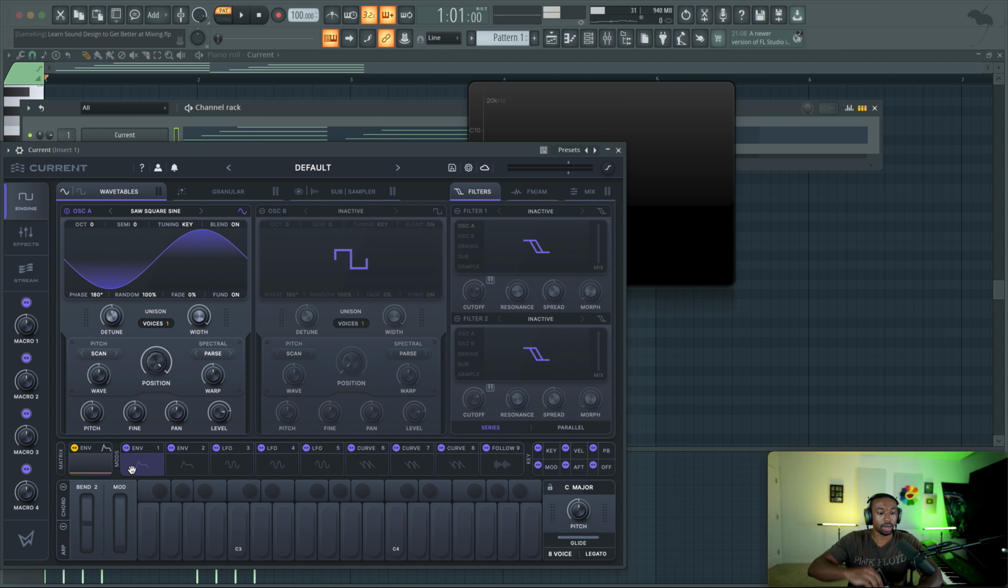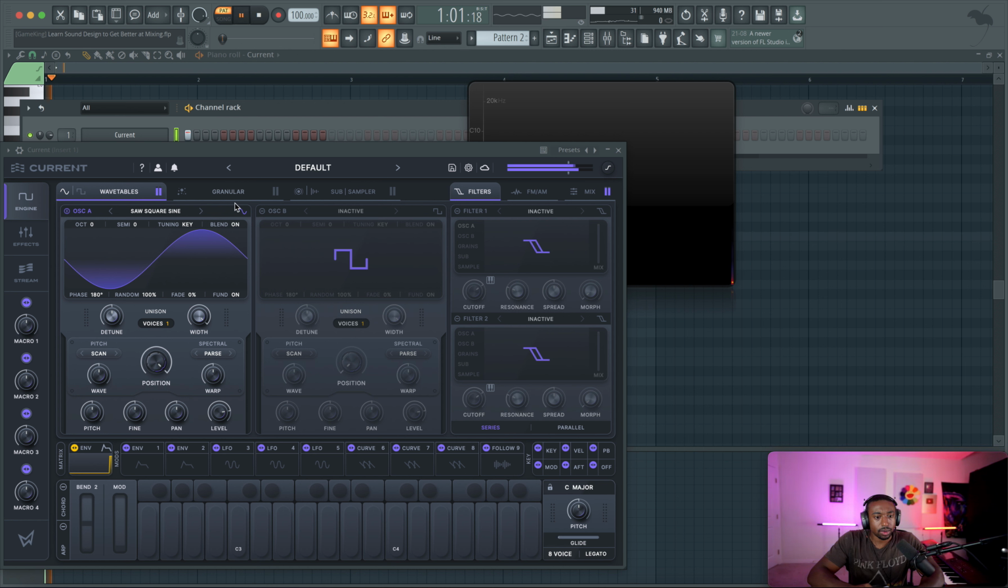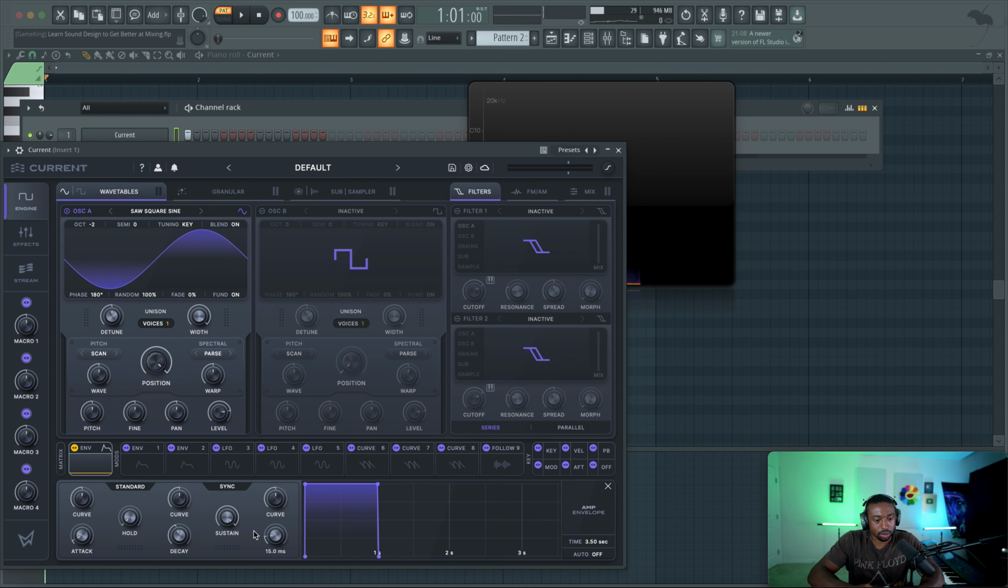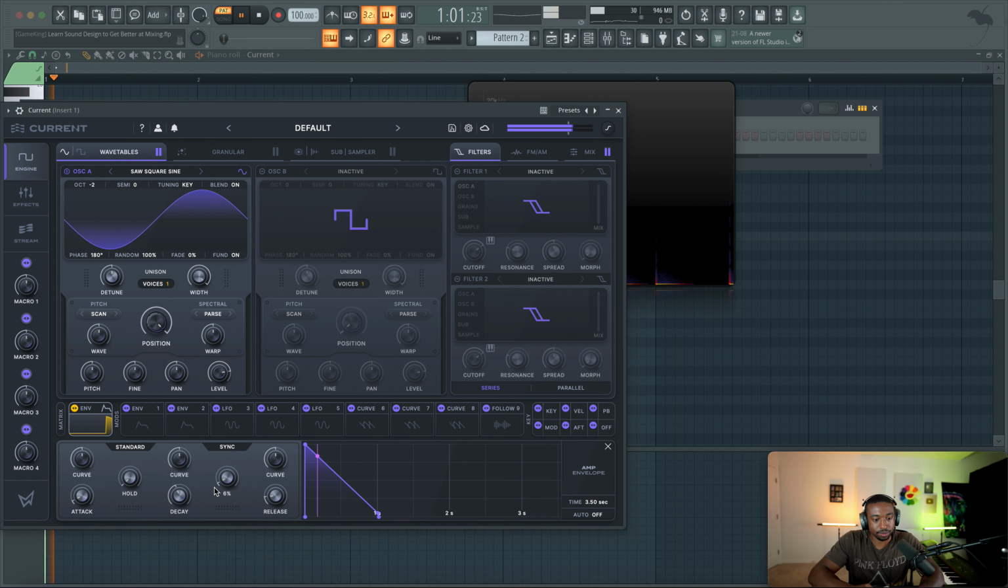So let's create some kind of bass. Let's start here. Let's create like a kick. So let's do a low octave, and then let's just give it a small decay curvature here. No sustain, just a decay curvature so that it fades out. Pretty basic.